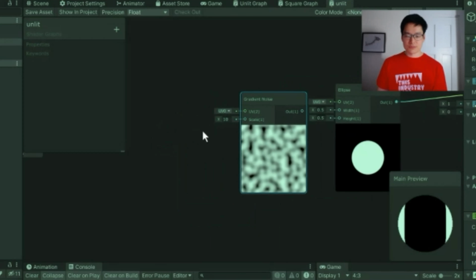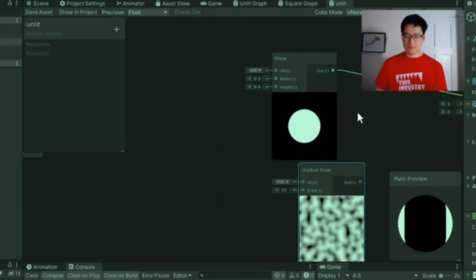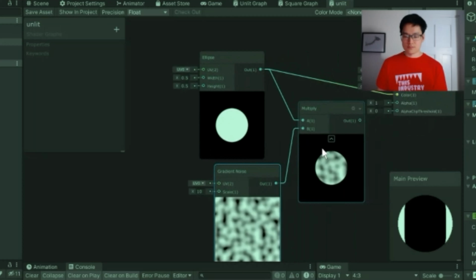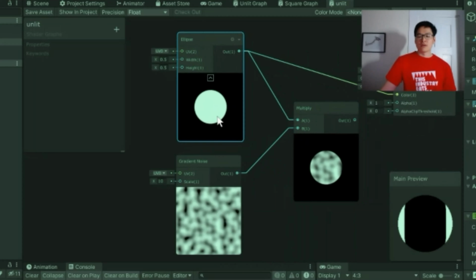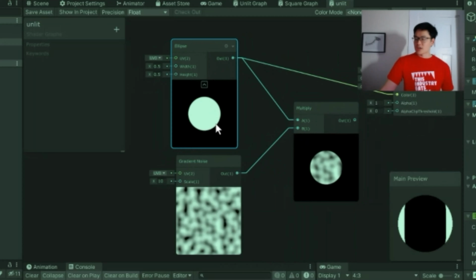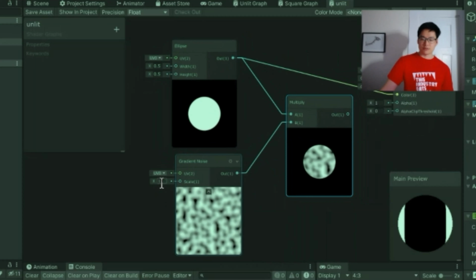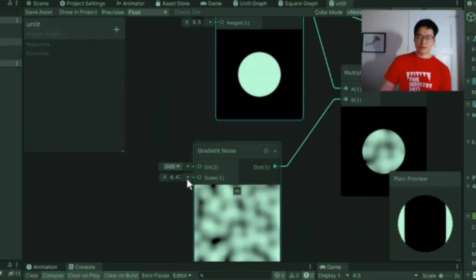But what you could do is multiply the two together. And now you have something that resembles essentially an alpha mix, right? Those of you who are used to things like Photoshop, that's probably very familiar to you. And you can also scroll this around. Again, using just time. Notice here in the gradient noise that it takes a UV position, which is something we have access to, right? I'm going to take UV,